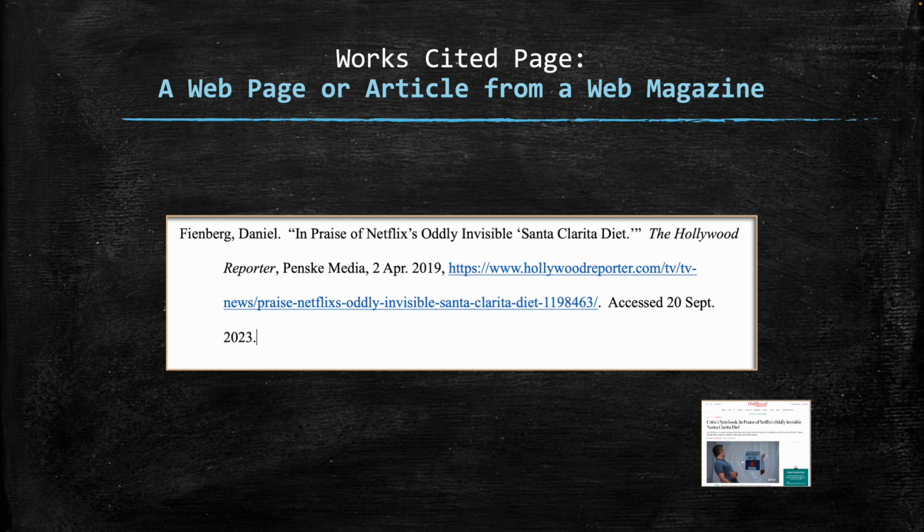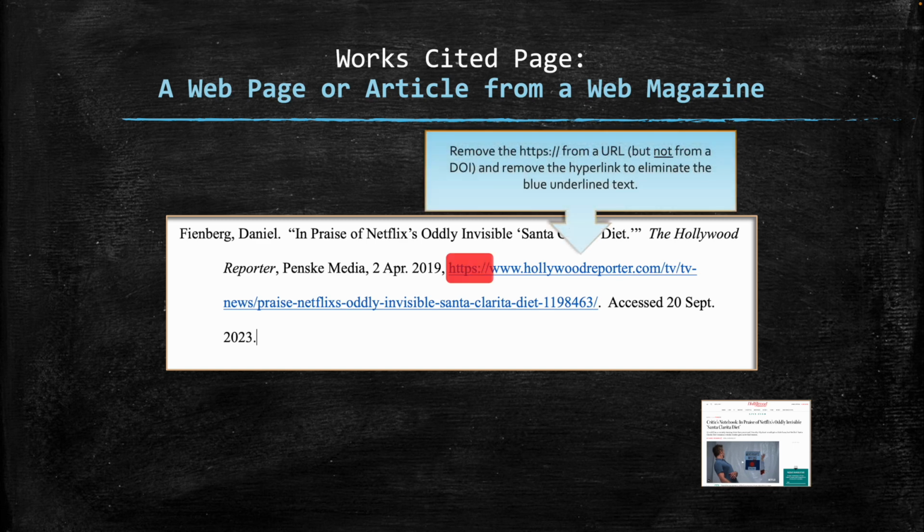And I said it's almost correct because there's one problem I wanted to show you, and then I'll show you how to fix it. Let me go through this. Website, publisher, publication date, URL, access date. There we go. Okay. So the problem is the hyperlink. You can't have a hyperlink on your works cited page. So what you do is you remove the